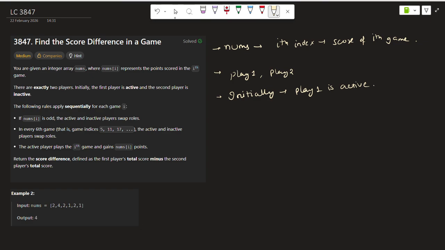Now, the following rules apply sequentially for each game i. So let's see what the rules are. If nums of i is odd, active and inactive players swap their roles. Swapping their roles means the player who is active becomes inactive and the player who is inactive becomes